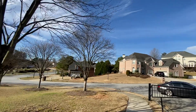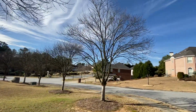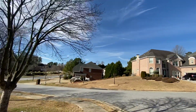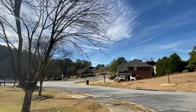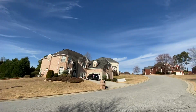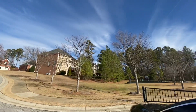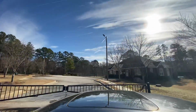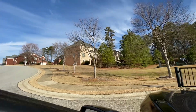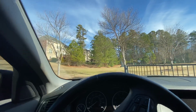The school zone is Randolph Elementary, Sandtown Middle, and the very popular Westlake High School. For Southwest Atlanta, it's one of the top high schools on the side of town. And as you can see, the houses are really nice, really well maintained. So I'm going to jump back into the car, drive you a little bit through the neighborhood, and then go take a look at the 38 lots that the builder has